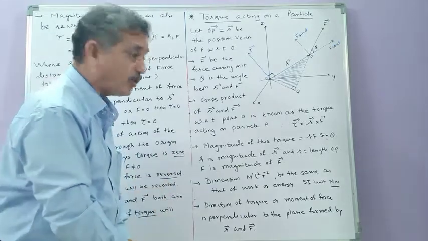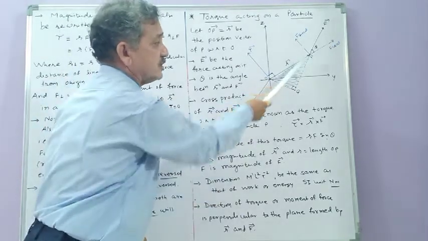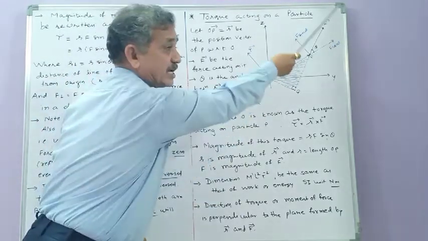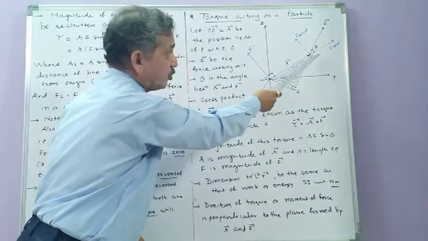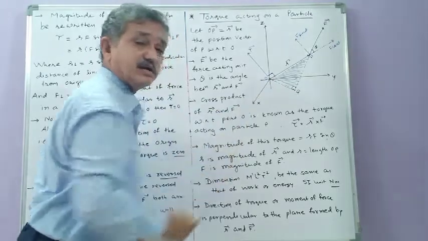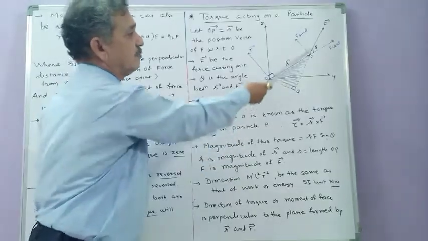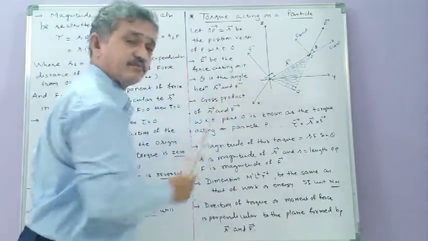So from that point of view, ये वेक्टर R को एक्सटेंड किया, तो यहाँ से वेक्टर R की डायरेक्शन है, यहाँ से वेक्टर F की डायरेक्शन है, और दो डायरेक्शन के बीच का ये एंगल थीटा। तो थीटा इज द एंगल बिटवीन वेक्टर R एंड वेक्टर F।